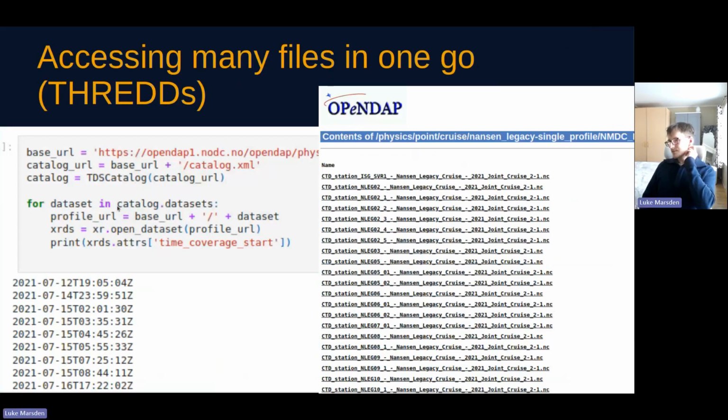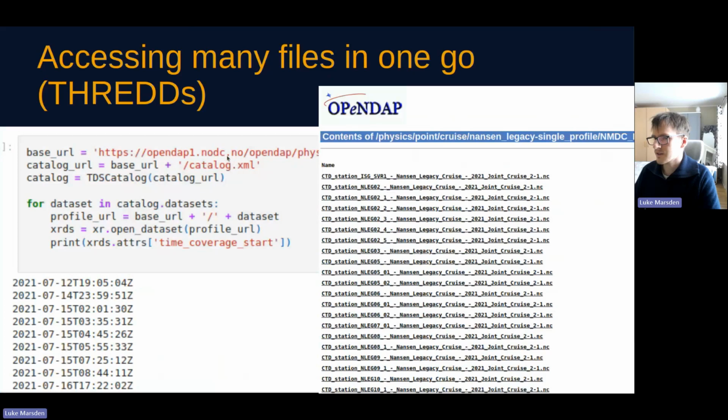One thing people ask is, doesn't this make it difficult for people using the data to have to download lots of files? Well, once you learn how to use OpenDAP, this can be quite simple. So with THREDDS and OpenDAP, we also have a catalog XML file associated with this.